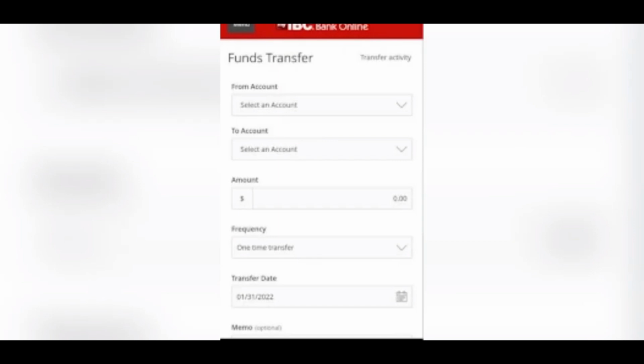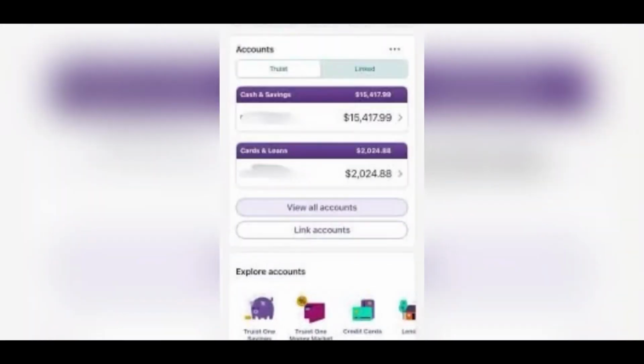If Zelle is available, sign into your IBC Bank account and go to transfers or send money. Select Zelle to begin enrollment. You'll be asked to register a US mobile number or an email address. Choose the one you use most consistently, since this is how people will find you on Zelle. Next, you'll receive a verification code by text or email. Enter that code to confirm it's really you and complete your enrollment. This quick verification step helps keep your account secure and ensures your Zelle profile is properly linked to your IBC